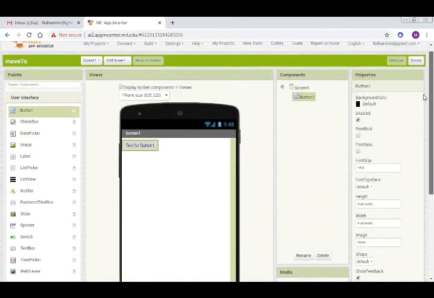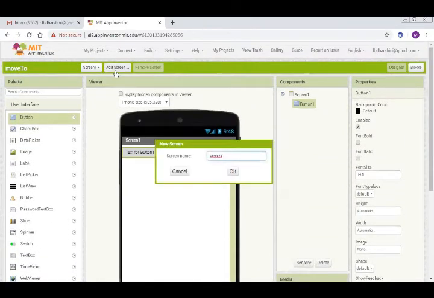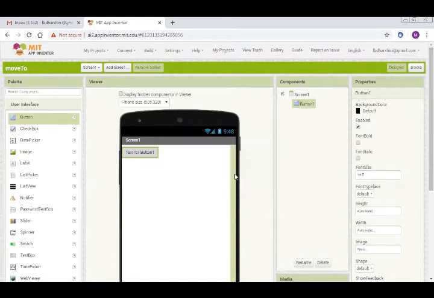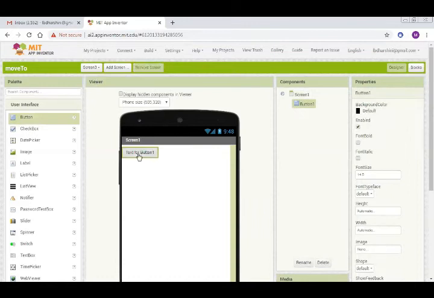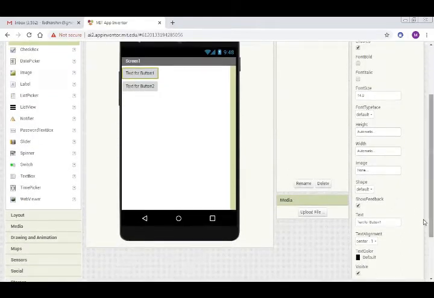Shall we have three screens? I'm adding another screen. Yes, screen 3. Okay, I'm moving to the first screen. So I'm going to have two buttons. One is to go to the second screen, and one is to go to the third screen, right? So here I'm going to change the text which is present in that button 1, and I'm changing